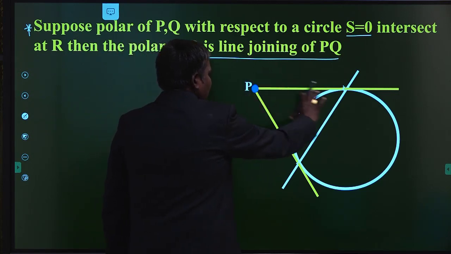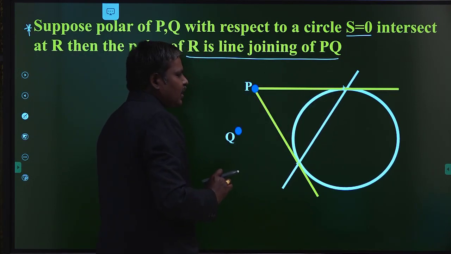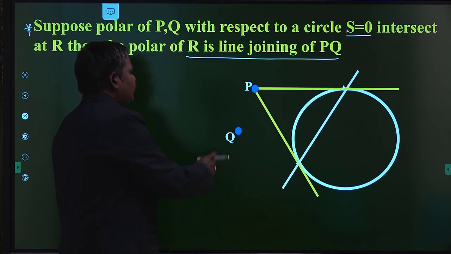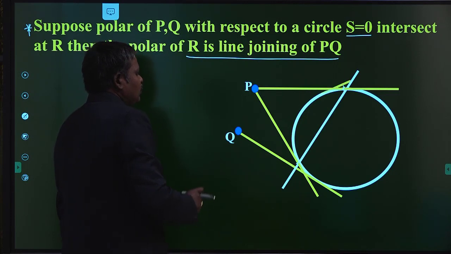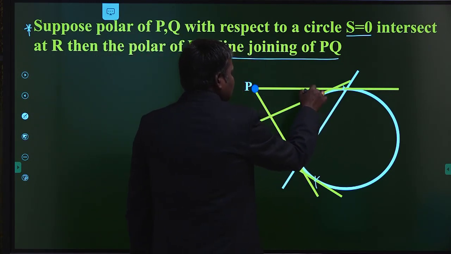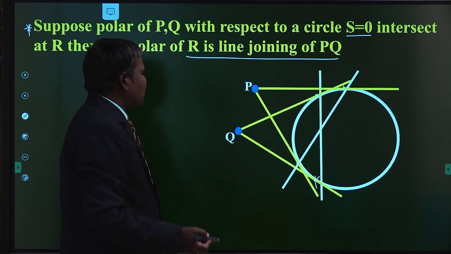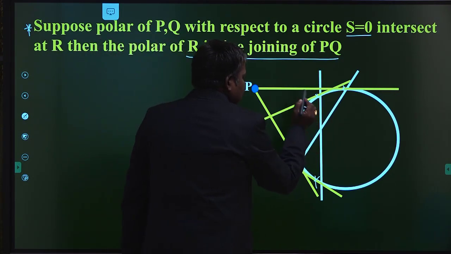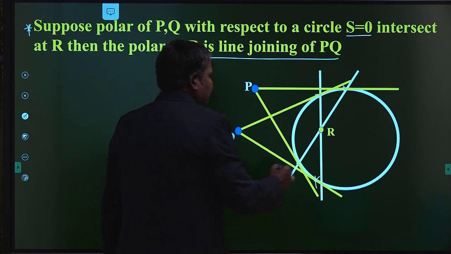This is the first point. I draw the polar of the point P with respect to the circle. Since P is outside the circle, your polar is the chord of contact. In the same manner, I would like to draw the polar of point Q with respect to the same circle. So this is the tangent drawn through the point Q, and this is another tangent drawn through the point Q to the same circle. These are the corresponding points of contact. By joining these two points of contact, we get the chord of contact. This is the chord of contact of point Q. Since the point is outside the circle, that becomes what now? Polar. So these two polars intersect at this point. This is the point of intersection of both the polars. This is the coordinates of R.